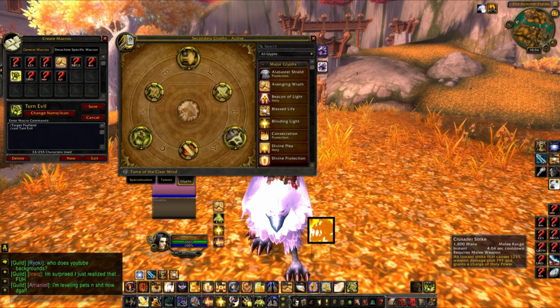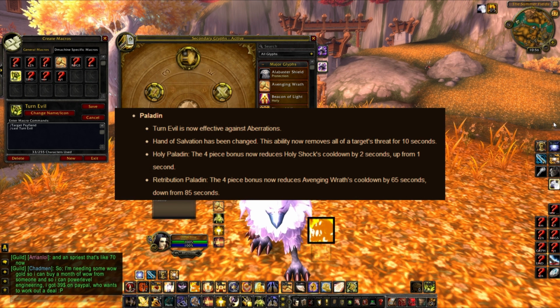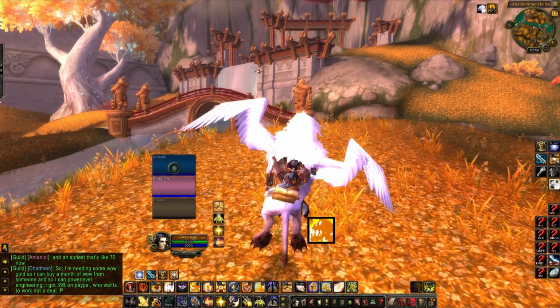Another thing that they did to Ret Paladins is they made the 4-piece bonus of Avenging Wrath cooldown 65 seconds, down from 85 seconds. Not that big a deal, not that big a change. You don't really even need to worry about it. It's passive stuff that's changed. Some other things to take into consideration is this new...